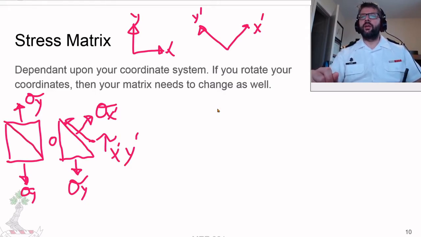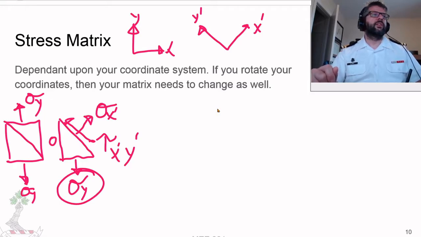So the area that the sigma x prime and the tau x prime y prime is acting upon is actually going to be equal to the square root of 2 times as large as the area for the stress in the sigma y. But we can add those two up, so it's going to be essentially,